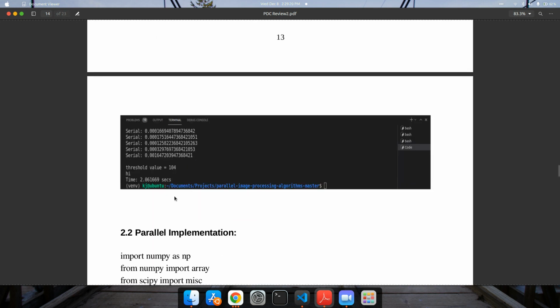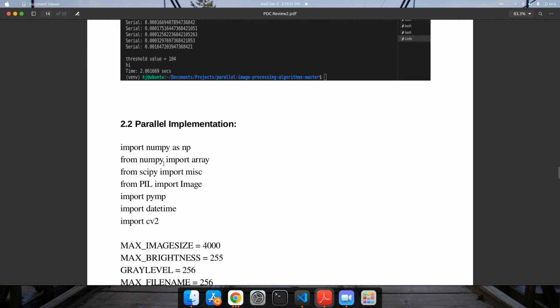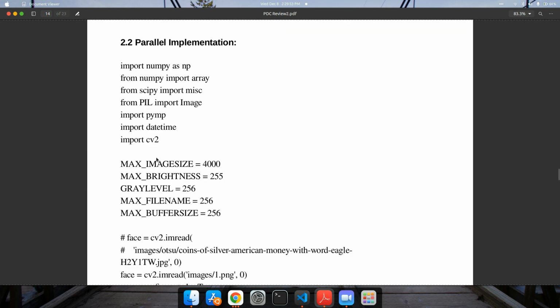It took 2 seconds to process the data using Otsu thresholding in the serial implementation. What it does is convert the image to binary data, getting the optimal threshold value to separate the foreground and background by getting minimal spread. Then we've done the same thing in the parallel implementation.